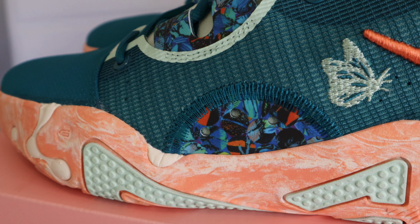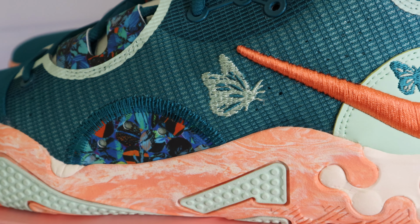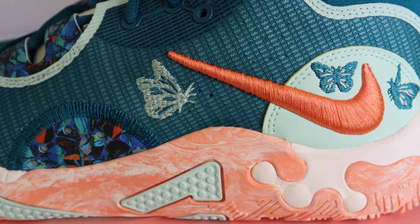Next up is the cushion. We got the full-length Nike React in these instead of the Zoom Air that was in the PG5s. And some people were saying the PG5s gave some Kobe 9 vibes. If you guys have seen any of my videos, I love Kobe 9. It's my favorite basketball shoe of all time. And I didn't see that, and these ones, they did change it up, which is nice because I didn't like how that setup was,